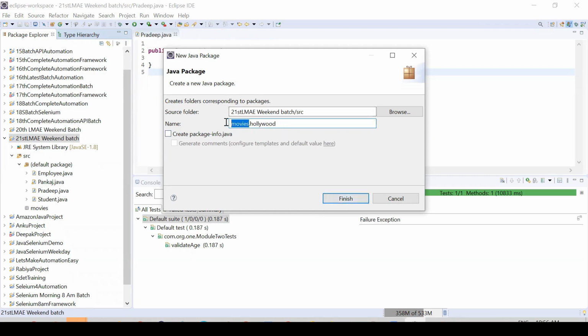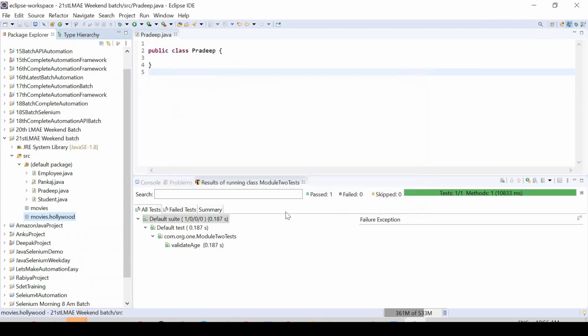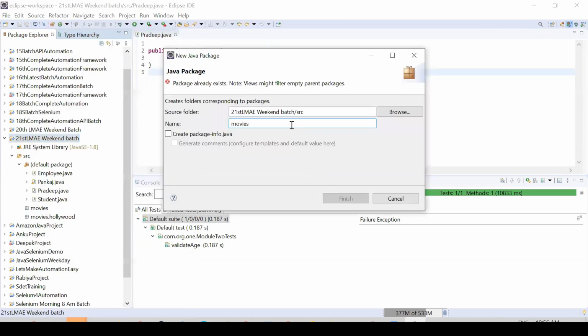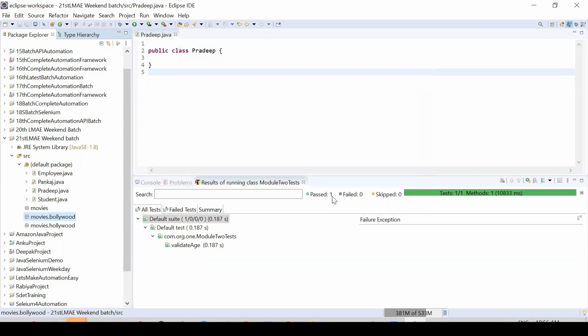Yes. So I will show you the impact. Now at the same time, go and again click create a package, this one, movies.Bollywood. When I'm creating this, let me finish it and just see, it is showing just like a package here,